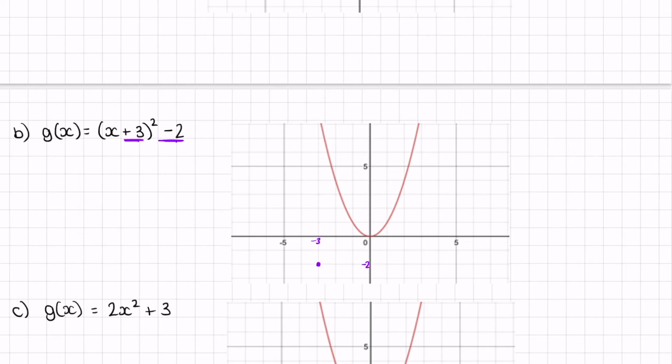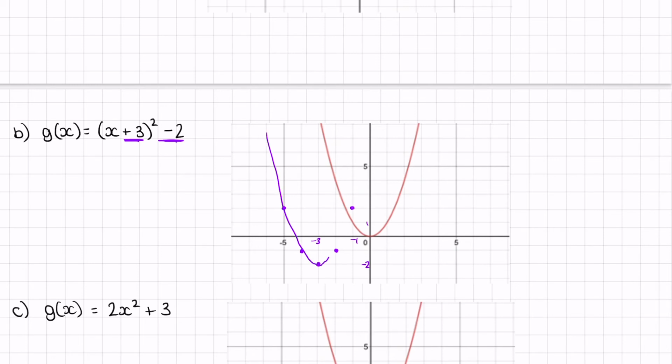Now our next points are these two here, the 1, 1 and the negative 1, 1. So if we look at the negative 1, 1 first, it's going to move to the left by 3, 1, 2, 3, and down by 2, so it will end up here. The 1, 1 point, move to the left by 3, move down by 2, will end up there. Then we have our 2, 4 points. Once again, move across by 3, down by 2, move across by 3 and down by 2 on the other side, and then we can start